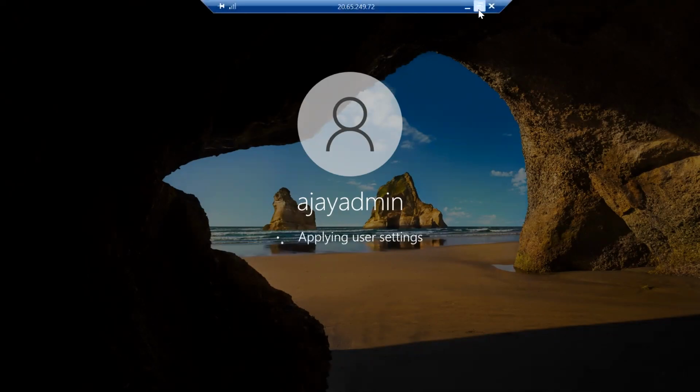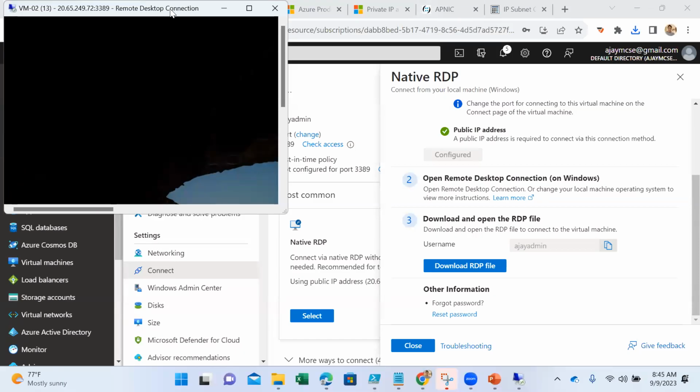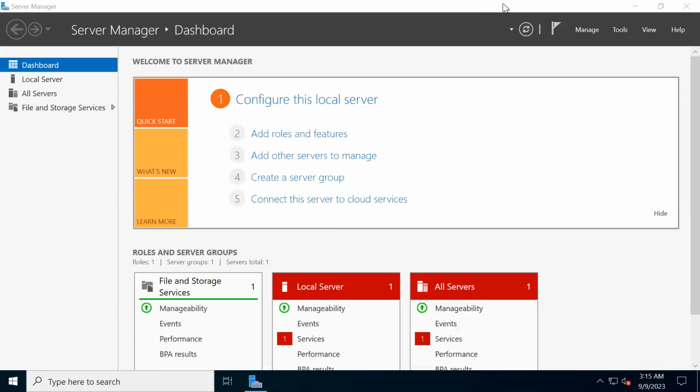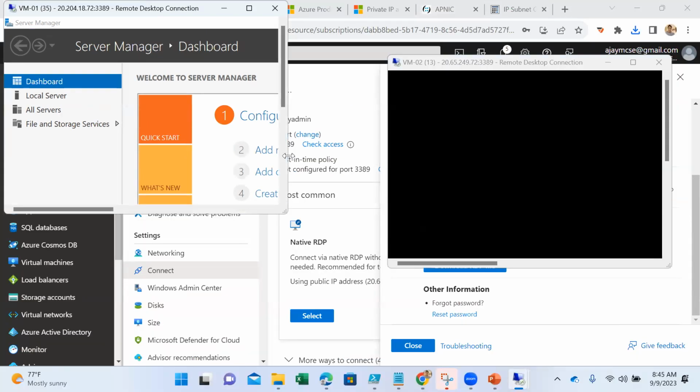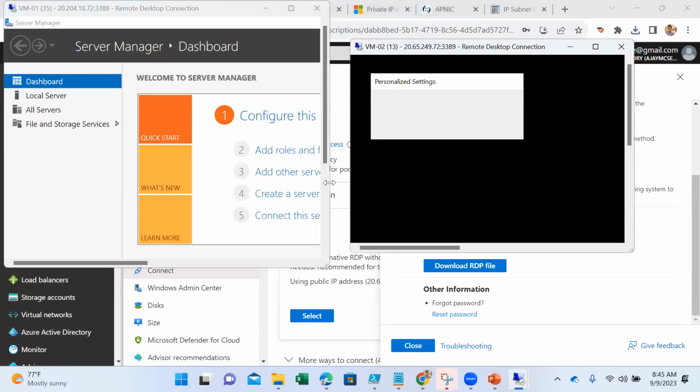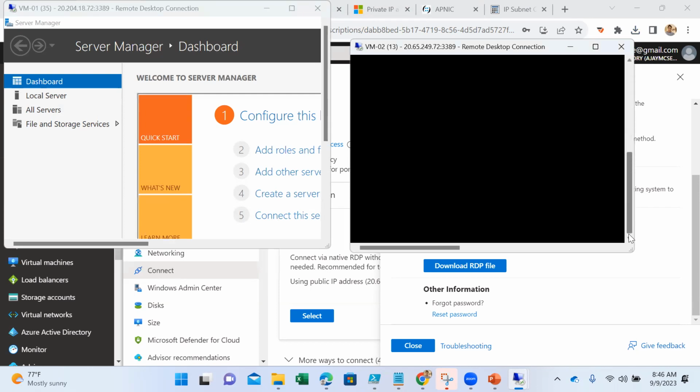So VM2 is in the US and VM1 is in India, okay? VM2 is still loading. But if I come to VM1,